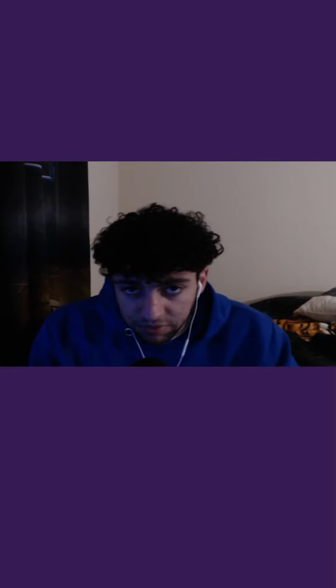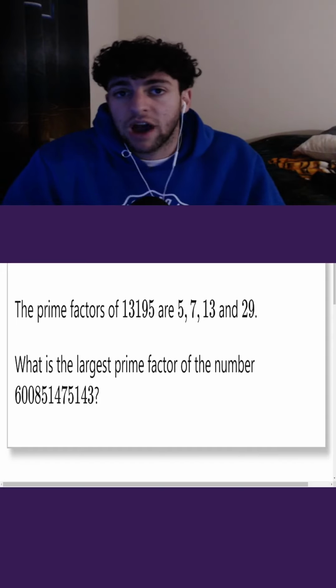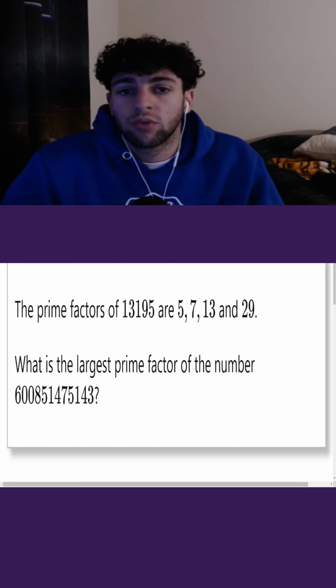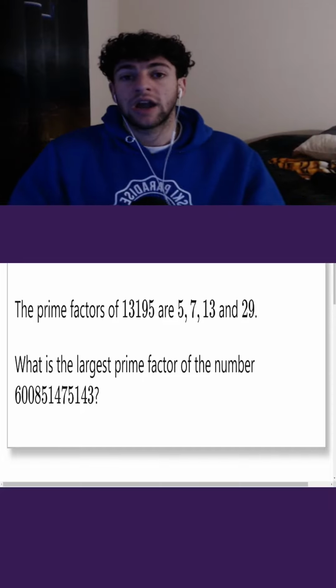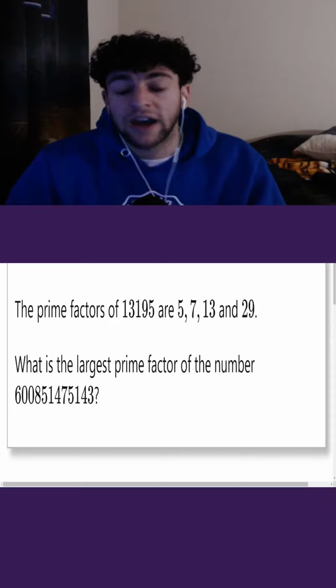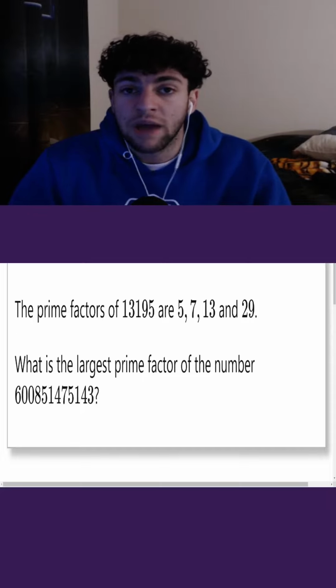Day 3 of solving math problems in C until I become a mathematical programming genius. So our problem states that the prime factors of 13,195 are 5, 7, 13, and 29, 29 being the largest prime factor. And we have to find the largest prime factor of the number